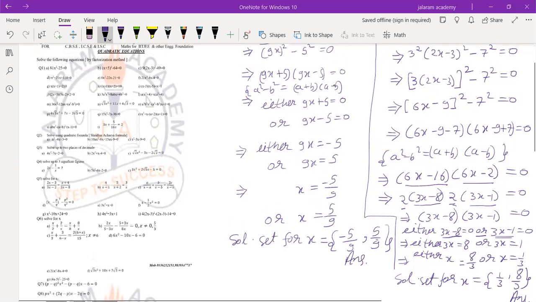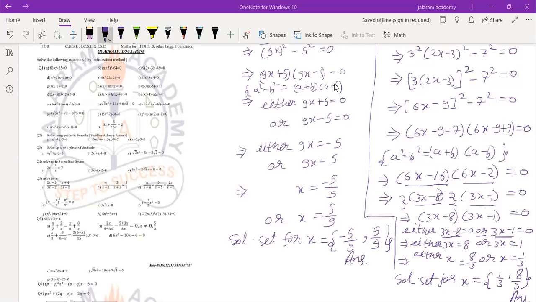Sir, is it necessary to take 2 common? Because if we do not take 2 common, we will also get the same answer. There will be the same answer then also, but sometimes it becomes complicated. So we must take 2 common. This is the proper way of solving a question. Otherwise, the answer will be the same. Even if you do not take 2 common from this, the answer is x equals to 16 by 6 on solving this. So we have to write it in simplified form. Sometimes you leave it in 16 by 6 form, so your marks can also be deducted if the examiner is strict.